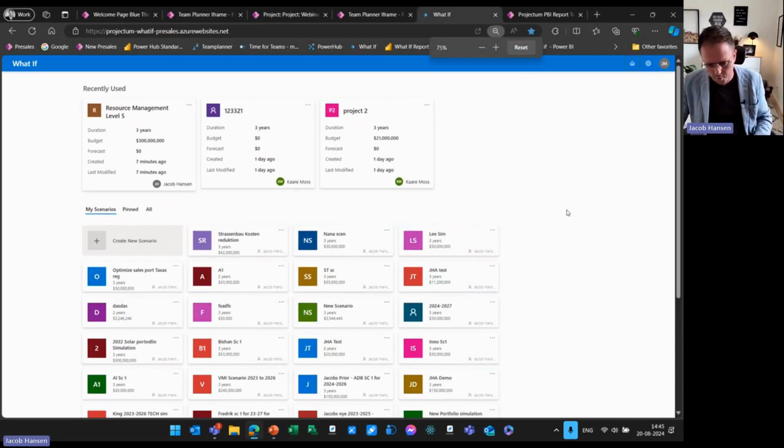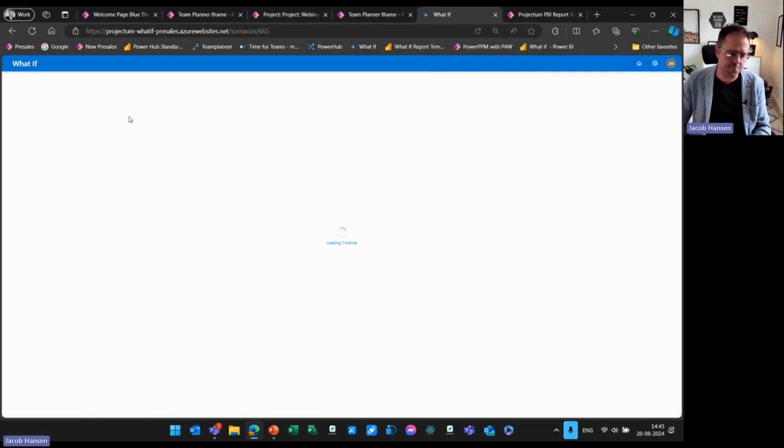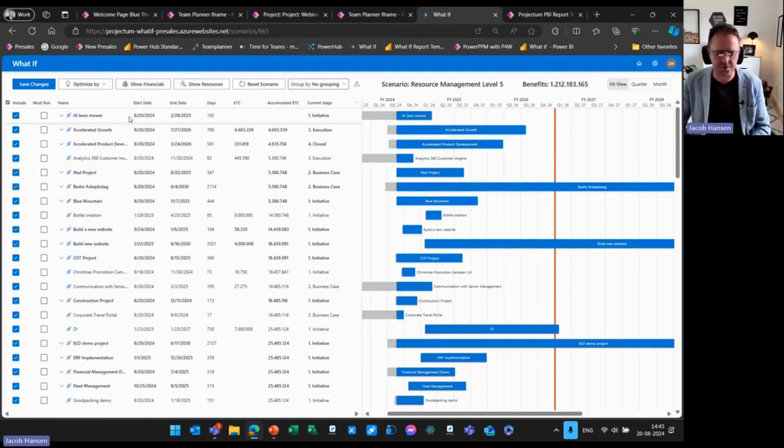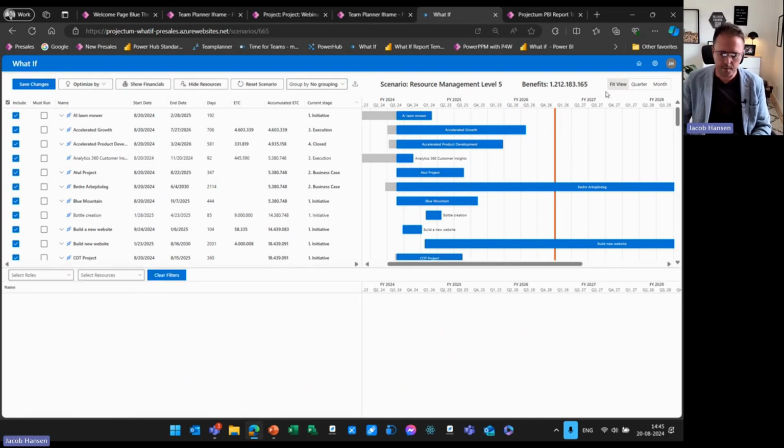For this purpose, we will look at Projectum What If simulation app. I have created here a resource management level 5 simulation scenario. And what we're looking at here is all the timing of all the projects that is running right now, including pipeline projects. In the What If tool, I can actually identify